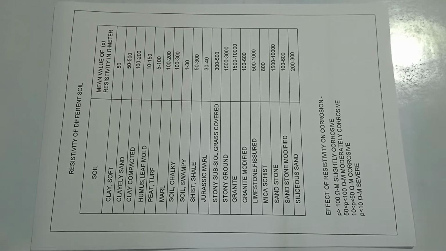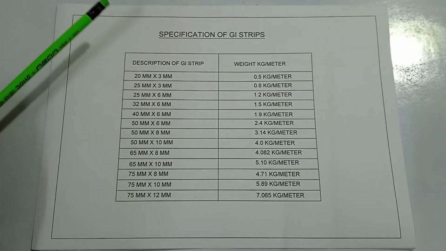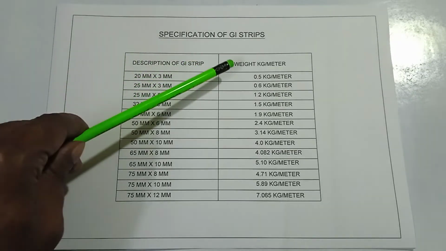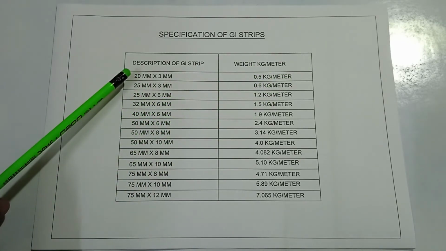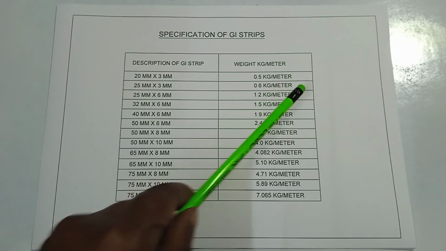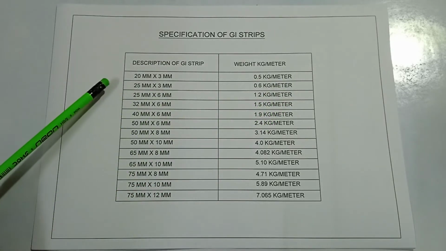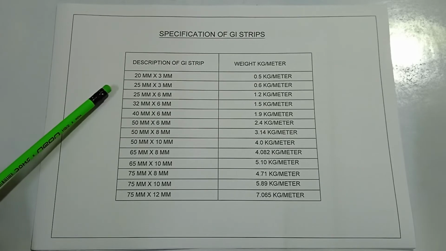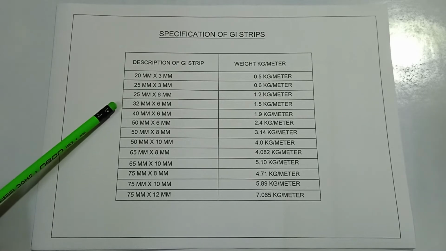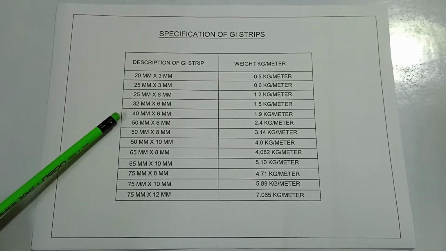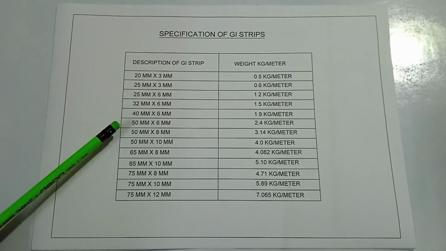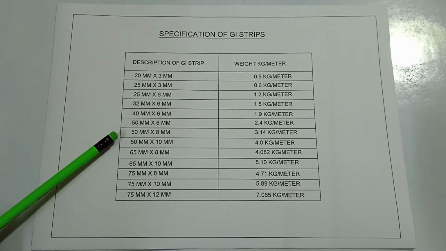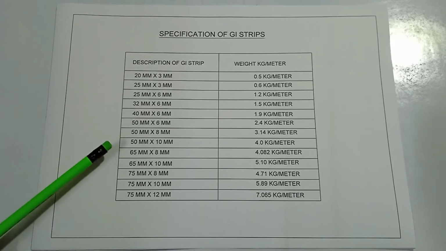Okay, next. Here is the specification of GI strips. Description of GI strip, weight in kg per meter: 20 mm into 3 mm, 0.5 kg per meter; 25 mm into 3 mm, 0.6 kg per meter; 25 into 6 mm, 1.2 kg per meter; 32 mm into 6 mm, 1.5 kg per meter; 40 mm into 6 mm, 1.9 kg per meter; 50 into 6 mm, 2.4 kg per meter; 50 into 8 mm, 3.14 kg per meter; 50 into 10 mm, 4 kg